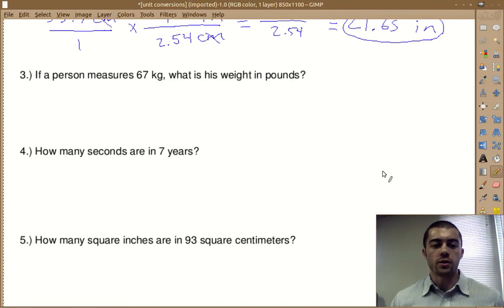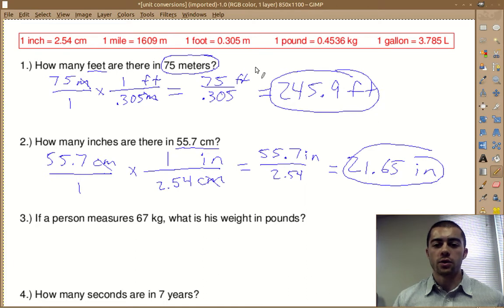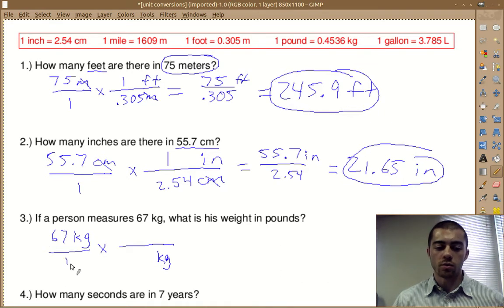So if we go a little further down here, this next example, we have, if a person measures 67 kilograms, what is his weight in pounds? So again, we have a direct conversion here between pounds and kilograms, so we can just plug that in here. We start with 67 kilograms, and we want to eliminate kilograms, so we're going to put that on the bottom. Again, this would just be over 1, because you can put anything over 1 and it doesn't change its value,